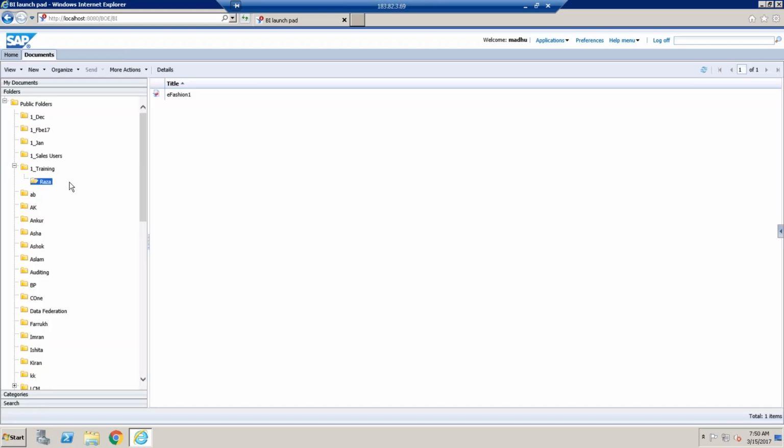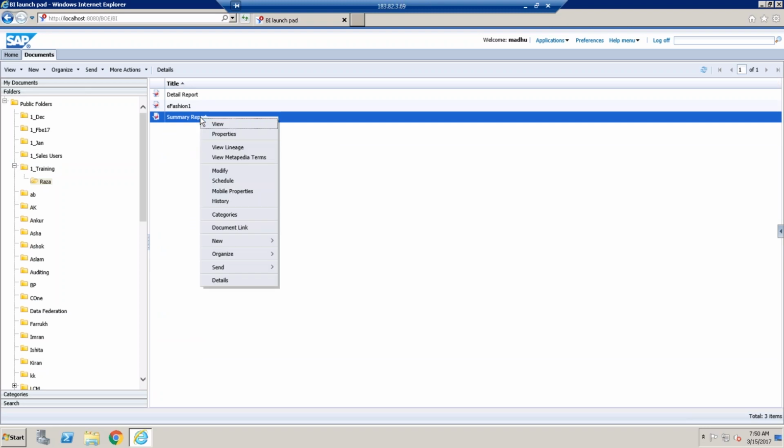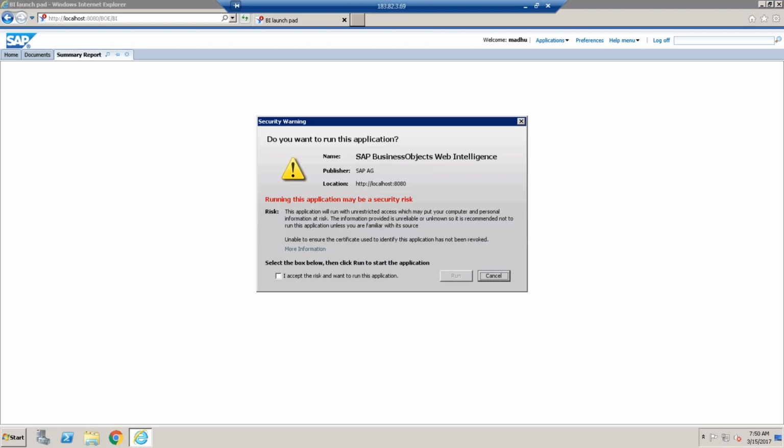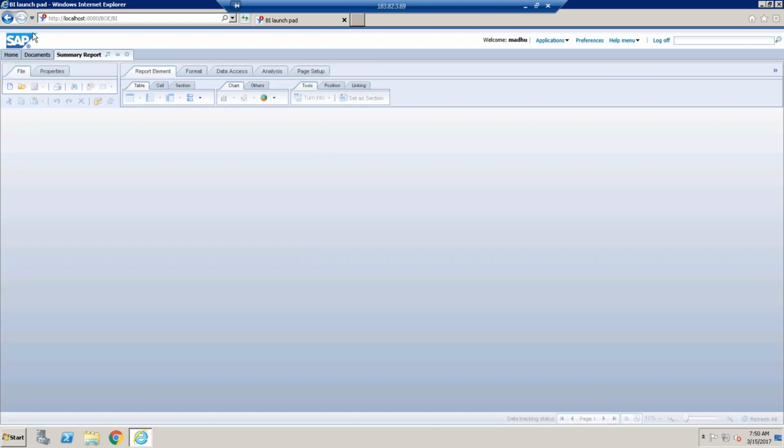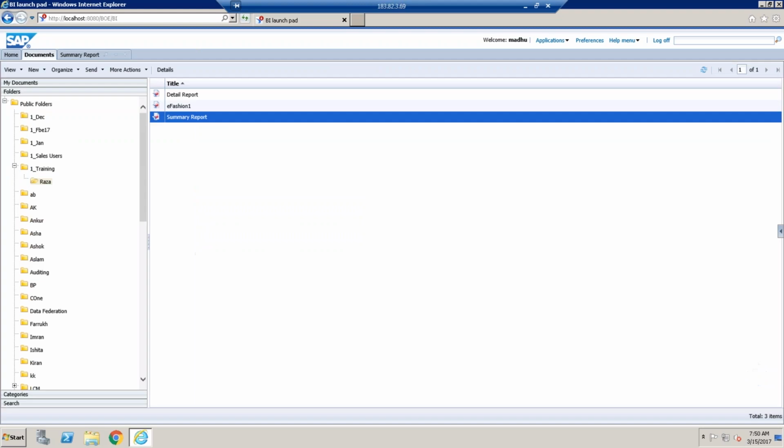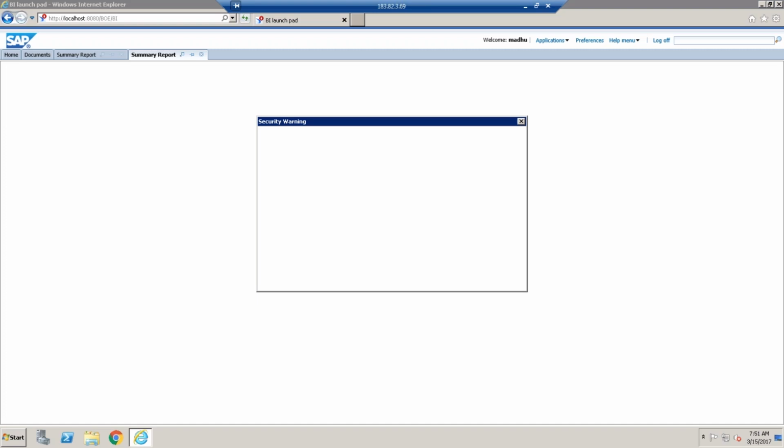Close this and go to the RASA folder. So we have a summary and detailed report. See, the difference is if I select this and open in modify mode, so right click and when you open in modify mode, the report will open in Java mode, that means applet mode. And you can directly open a report